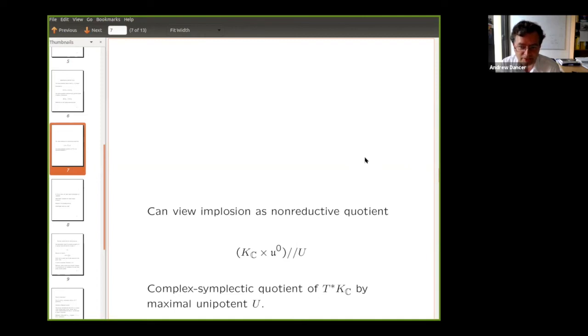So then the U would be replaced by the unipotent associated parabolic. And instead of breaking the symmetry from Kc cross Kc to Kc cross Tc, we would now break it to Kc cross the Levi group. Okay. So in the symplectic implosion, that picture has actually been pretty well worked out and sort of gives you what you expect.